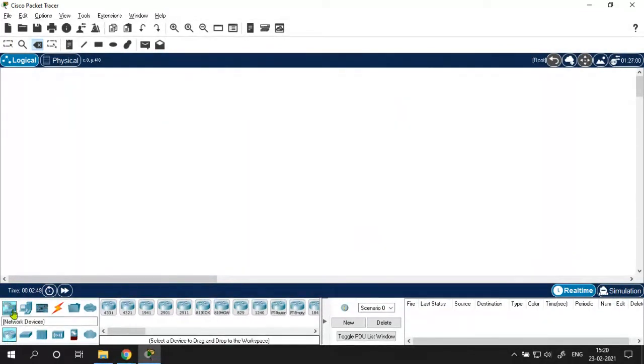But this time, with network devices, I want to work with the switch. So this is my switch. You can take any series. Taking 29. With this switch 0, I want to create my LAN 1. This is PC 1. For the initial time, I'm taking only two PCs.